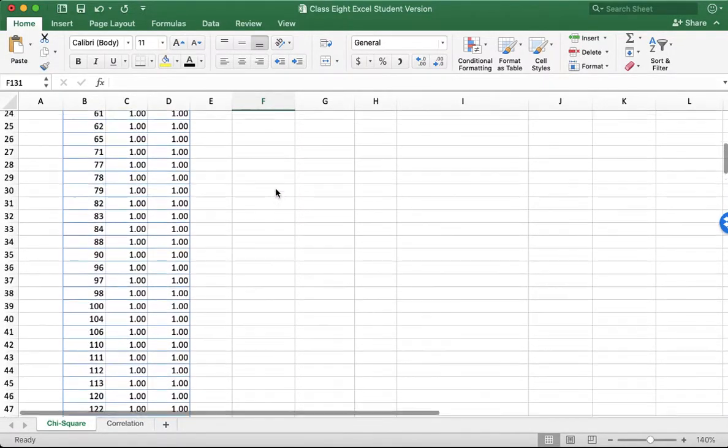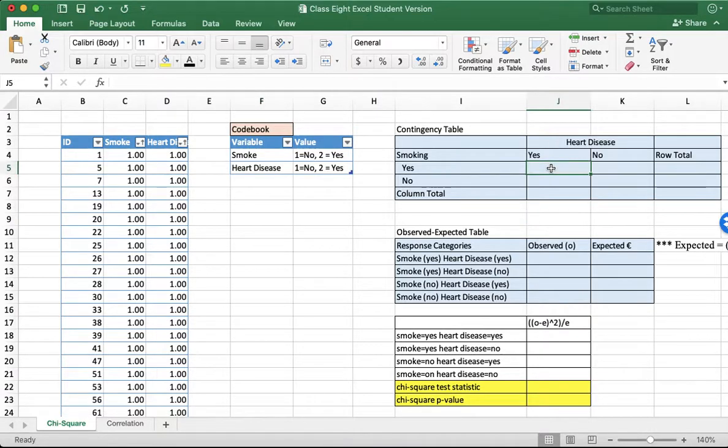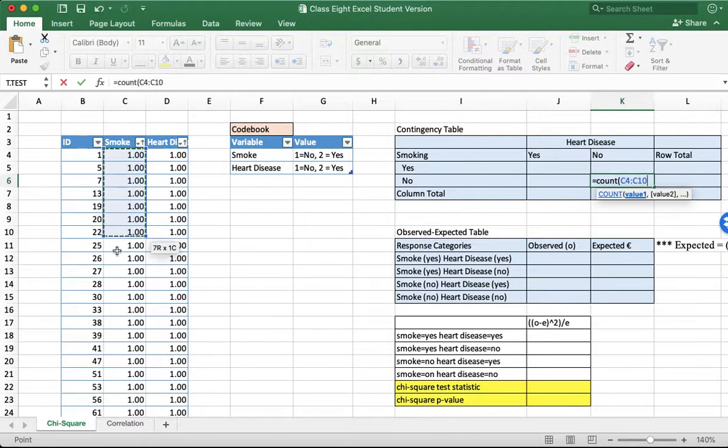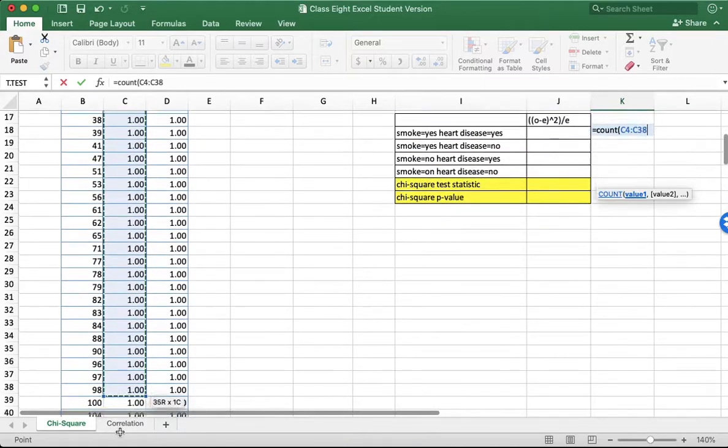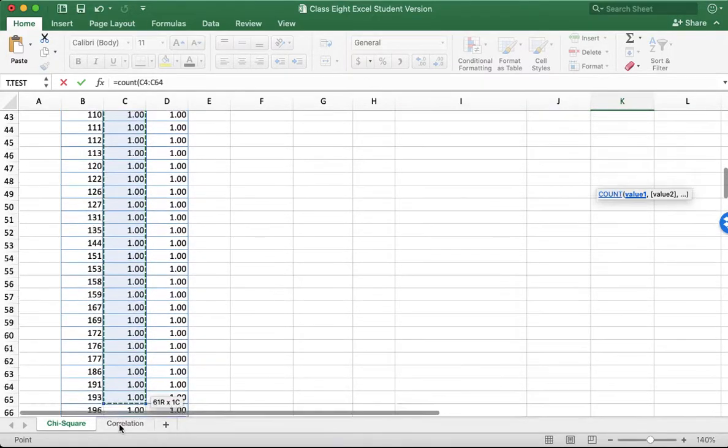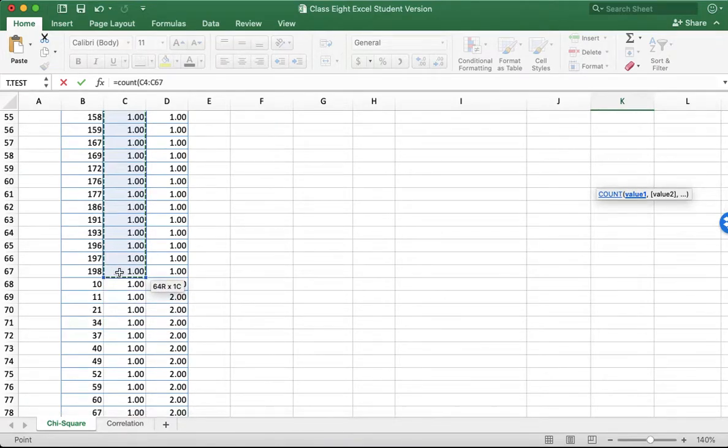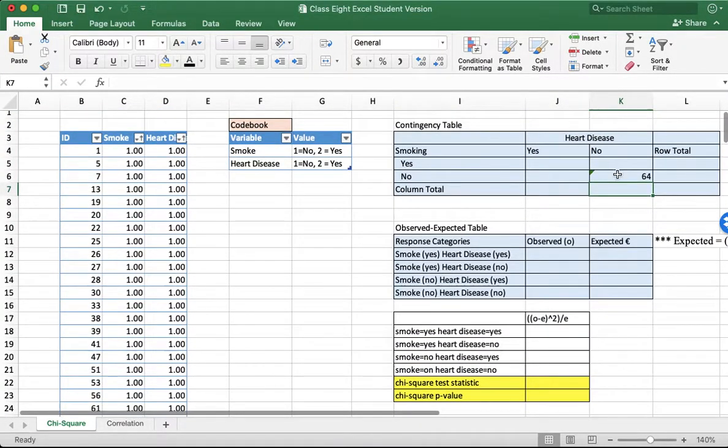And then we'll want to go to our contingency table. Here we'll start with all the people who indicated a 1 and a 1. The easiest way to do this, I think, is to enter an equation: equals count. Then in parentheses, just click and drag down in one column the total number of people who indicated a 1 and a 1. We'll end it there, close our parentheses and hit return. This simply counts the total number of cells that we have identified. So there's 64 people who put a 1 and a 1,